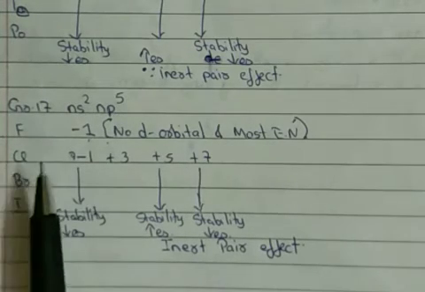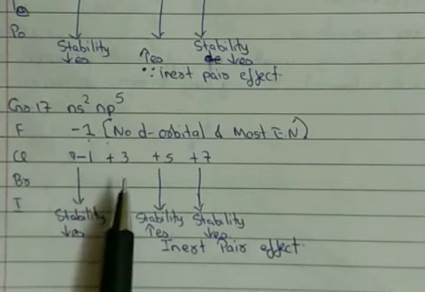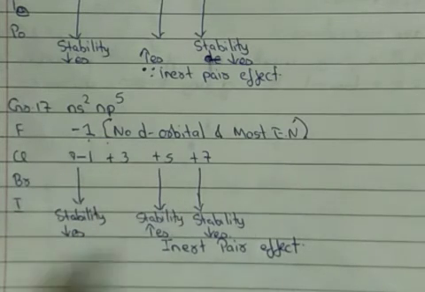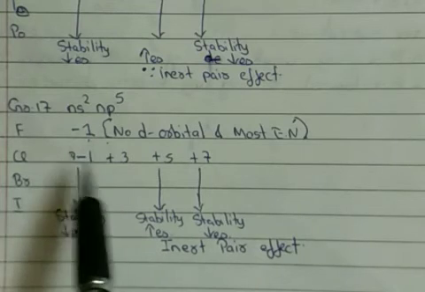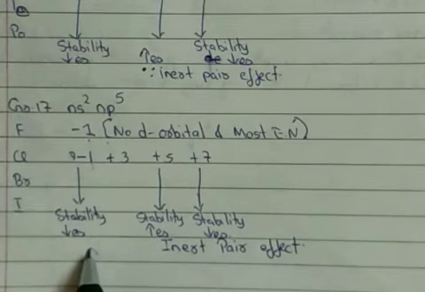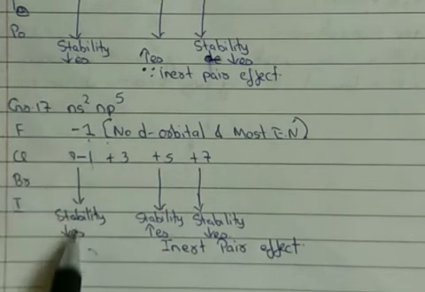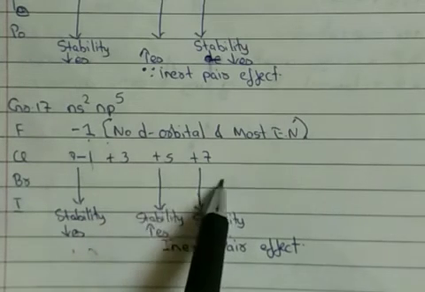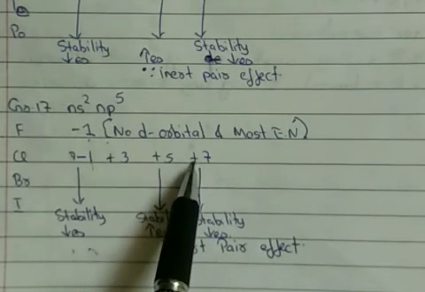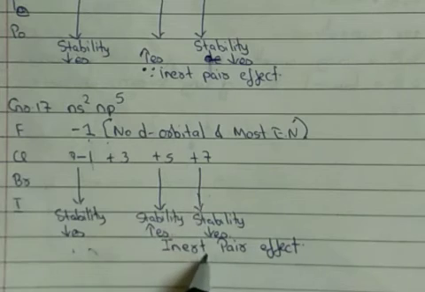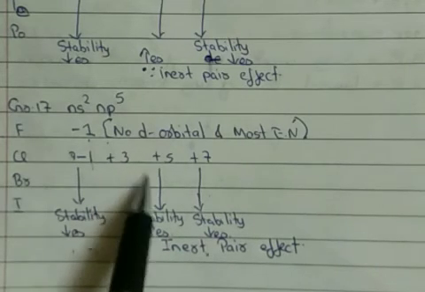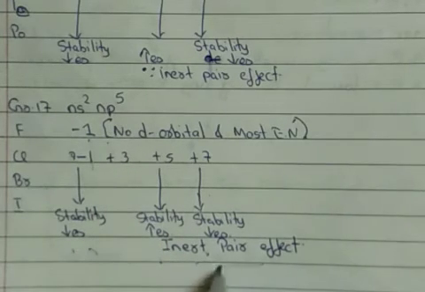Now other than this, chlorine, bromine, iodine can show us +3, +5 as well as +7 oxidation states. In this, again, -1 stability down the group will go on decreasing because metallic character goes on increasing, and between the two positive oxidation states, the higher oxidation state +7 stability decreases, whereas +5 stability increases. The reason is again the inert pair effect. So you could see that every time this term is coming up, that is inert pair effect.